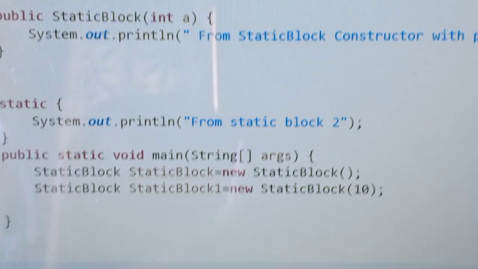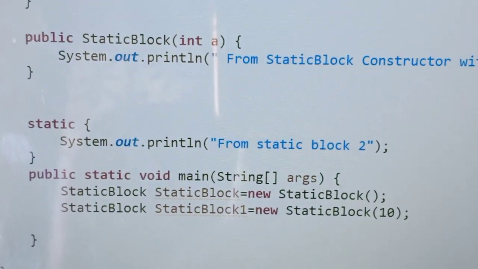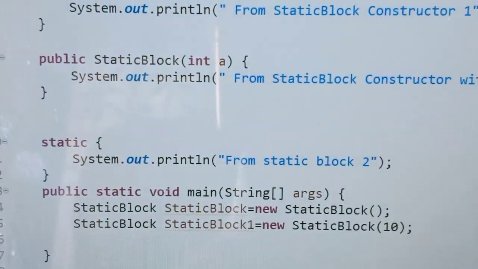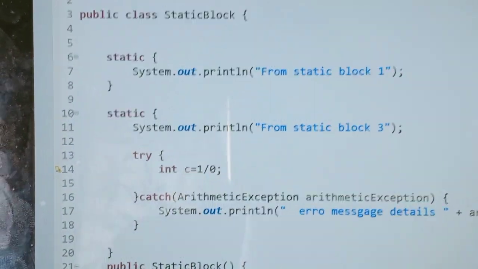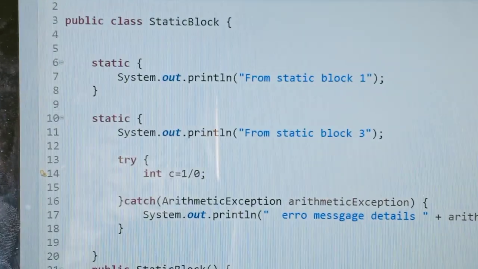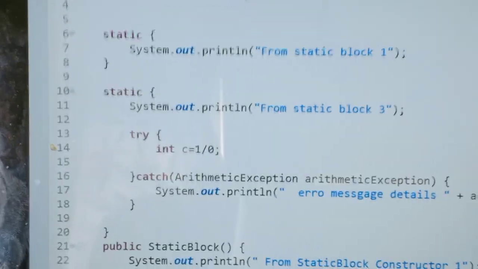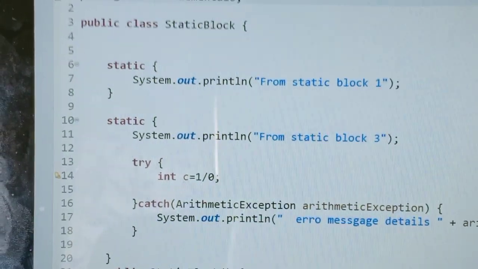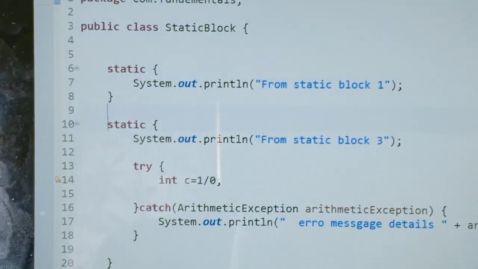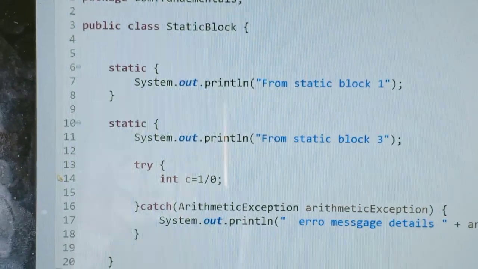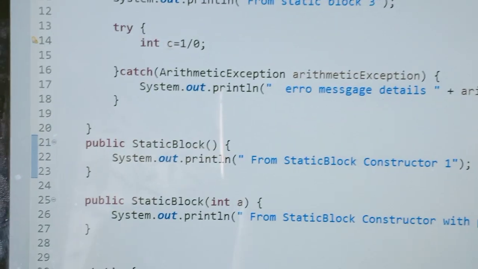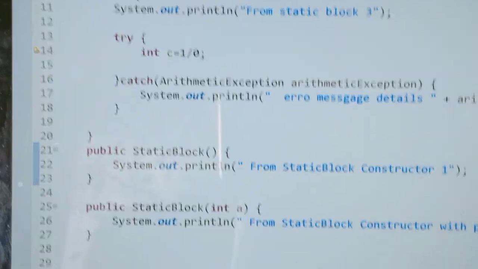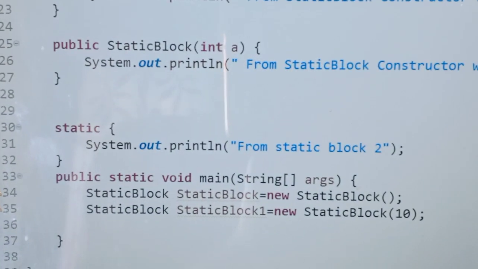Here the class has three static blocks, and each uses System.out.println to print static block 1, static block 2 and static block 3. Another constructor is also there.